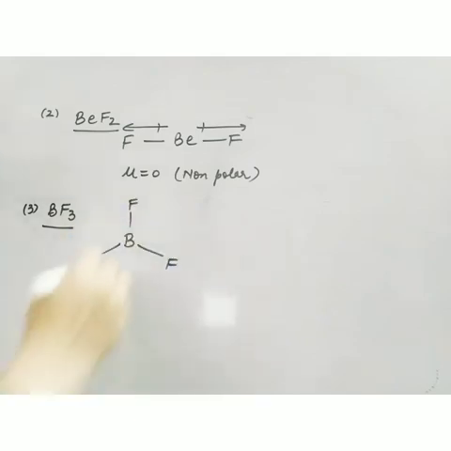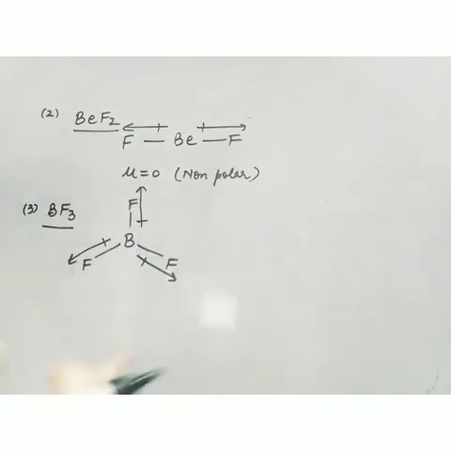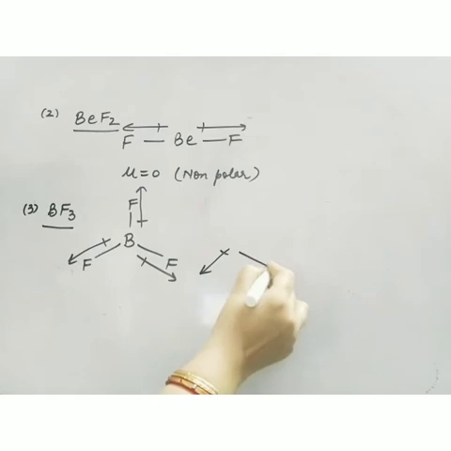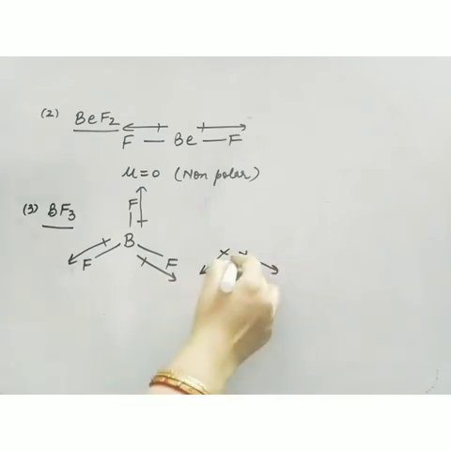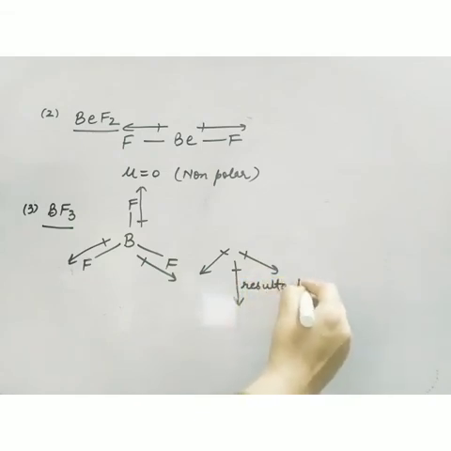Like this. Now one vector will be here, another vector will be here, another vector will be here. The vectors are aligned along the bonds only. So these three vectors are there which are aligned along the bonds at an angle of 120 degrees from each other. Now these two vectors are pointing down. This is the first vector, this is the second vector. The resultant will be like this. This is the resultant of two vectors. This is vector addition.